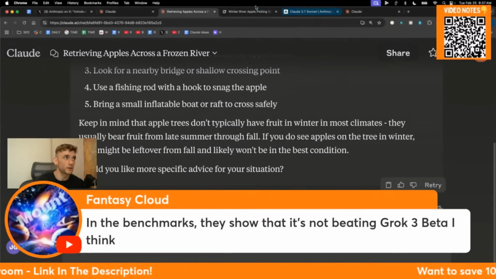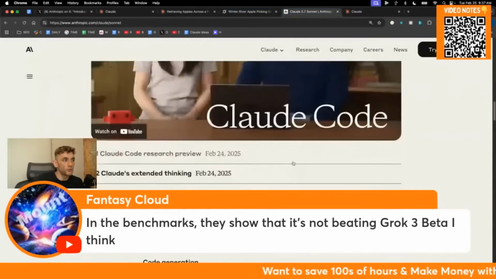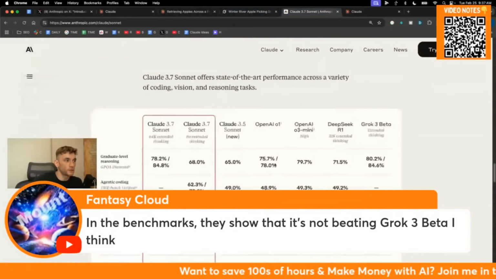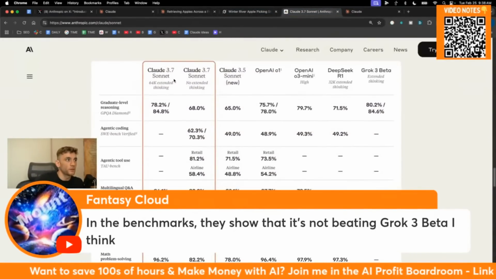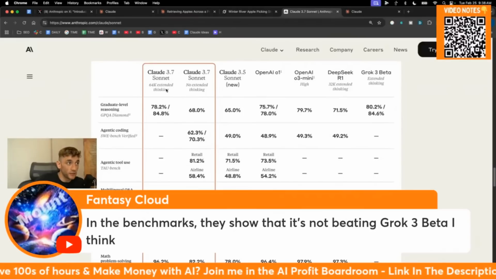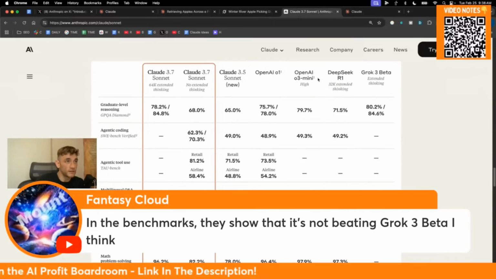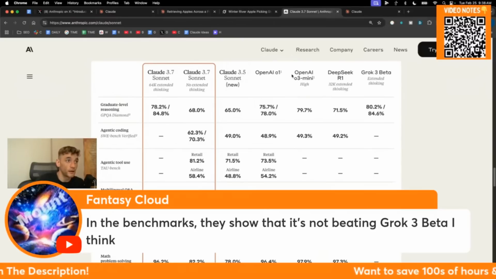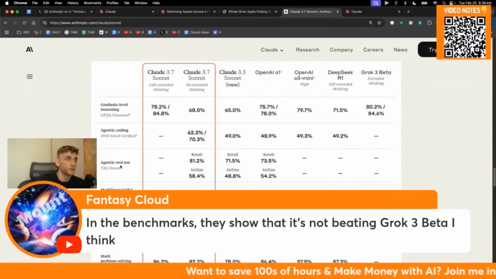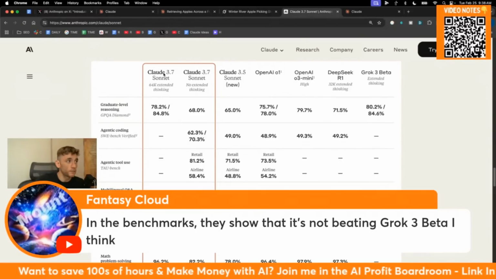All right, let's pull up the benchmarks and see what we got back. I know what you mean. So there's a good comparison here. You've got benchmarks with extended thinking and no extended thinking. And then you've got benchmarks versus Grok 3, DeepSeek, OpenAI o3 Mini High, OpenAI o1, and Claude 3.5 Sonnet. If we compare these benchmarks side by side, you can see here the Claude 3.7 Sonnet scores